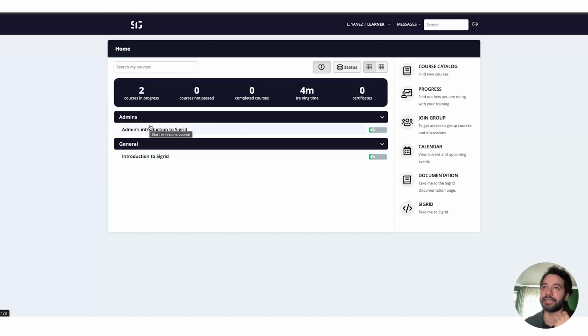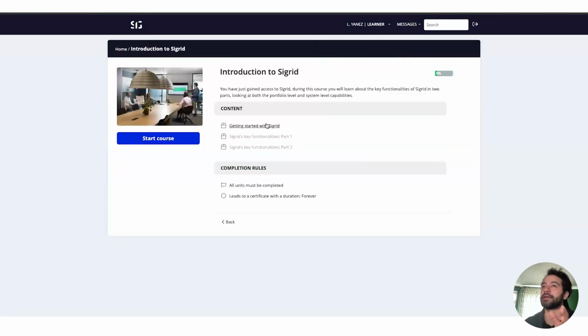This does not mean you have to complete everything that is on your dashboard, but these offer the basic knowledge for Sigrid. And as you'll see, the bottom two options in this trajectory are grayed out. So until you complete Getting Started with Sigrid, which introduces you a little bit into what learning at the Academy is, and a bit of some very basic insight on what Sigrid is and does for you, then you can learn a bit more about what these different capabilities that Jamal was talking about and what they cover.